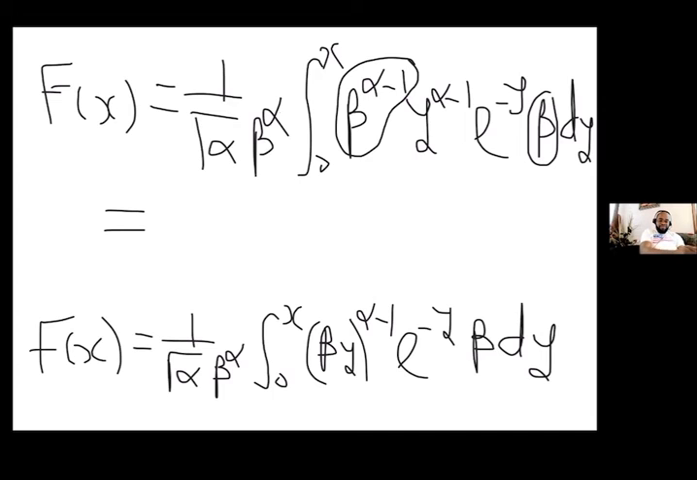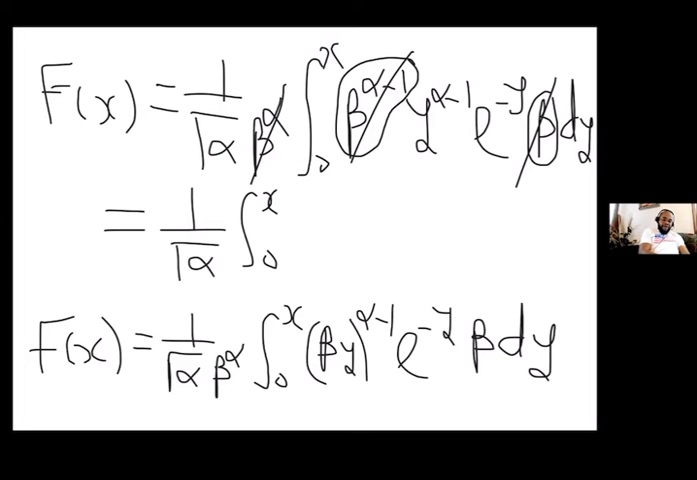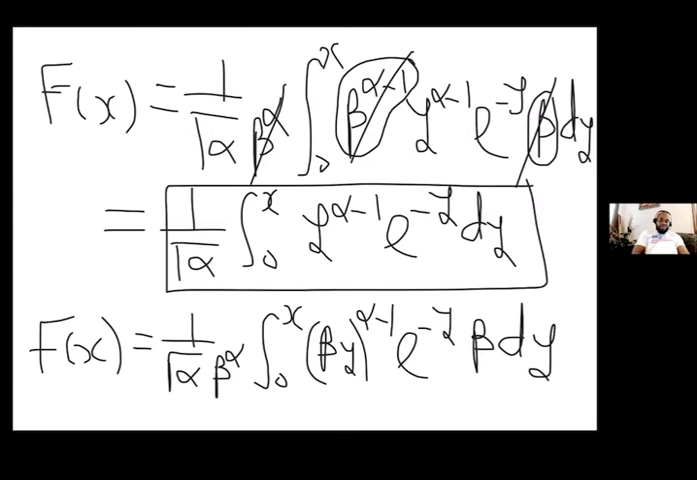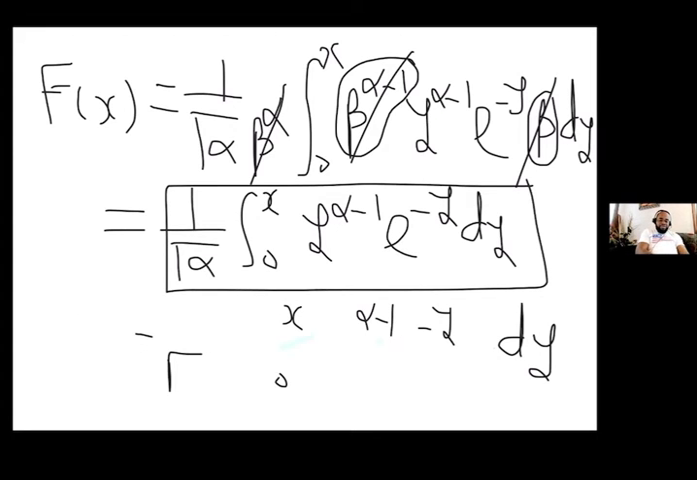And that is going to cancel, right? Okay, and when that cancels, I'm going to have 1 over gamma alpha, integral from 0 to x of y raised to power alpha minus 1, exponential raised to power minus y dy. Now look at what I got. If you take a look at what we did yesterday and what I just showed you today about the gamma function,